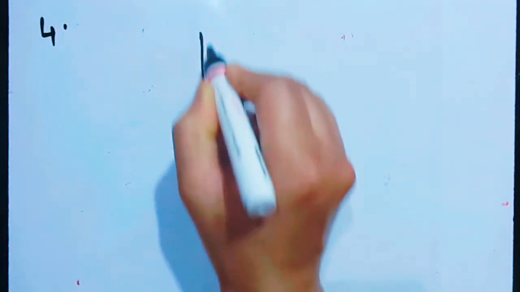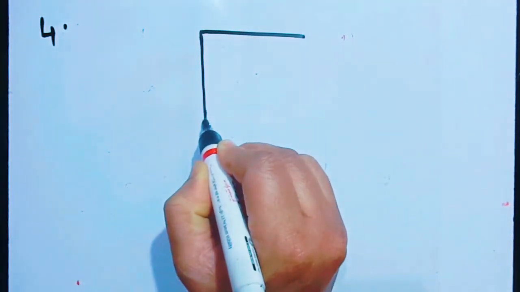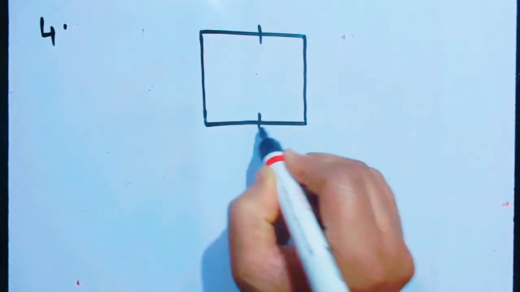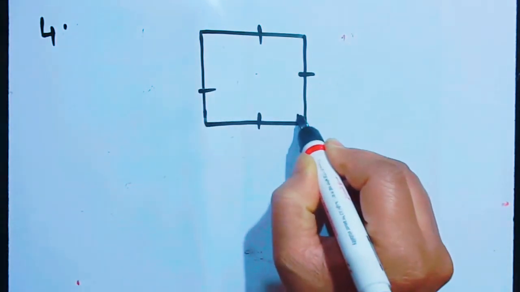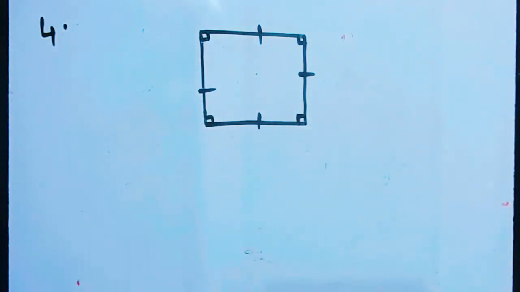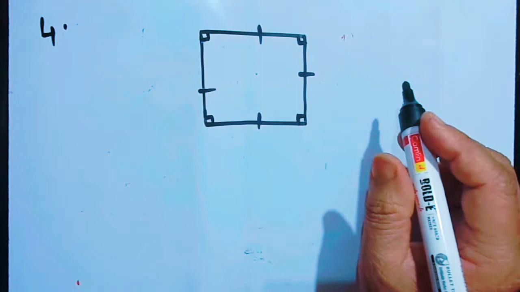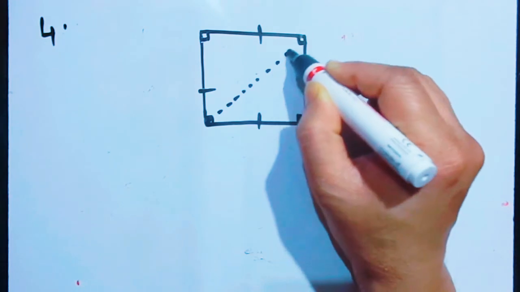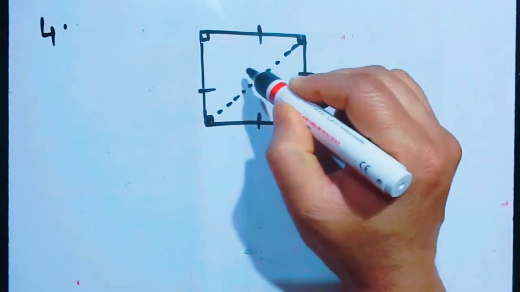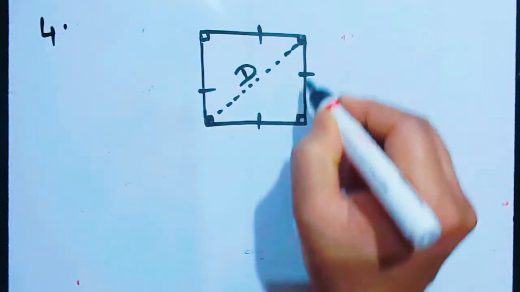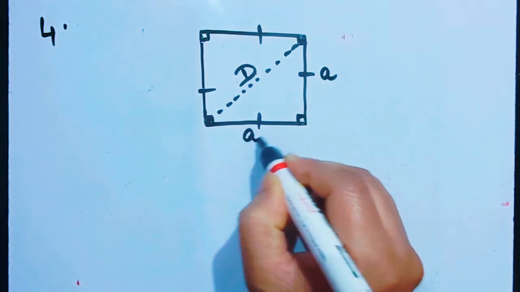This is number 4, and here we have a square. So this is my square. And you know that in a square all the sides are equal. Not only all the sides are equal, but the angles are also 90 degree each. So this is my square. Okay. Now let us see that if we join these two endpoints, we get the diagonal. This is my diagonal D. Okay. Now since all the sides of a square are equal, why not to keep this as A and A?